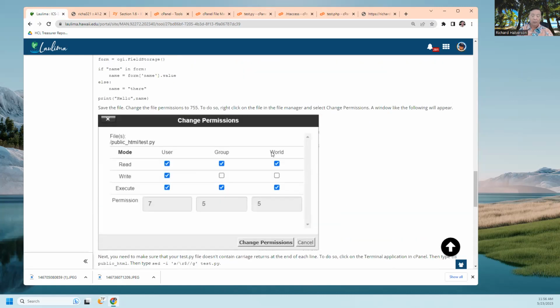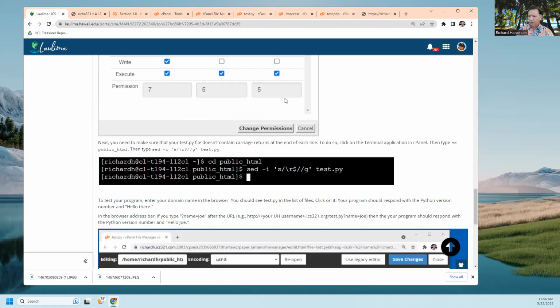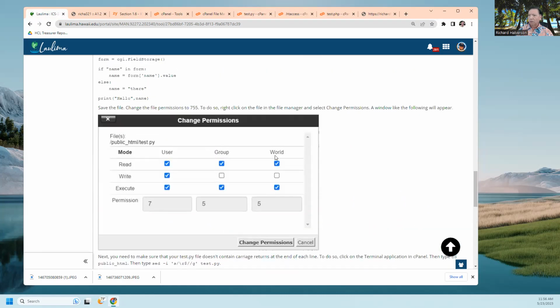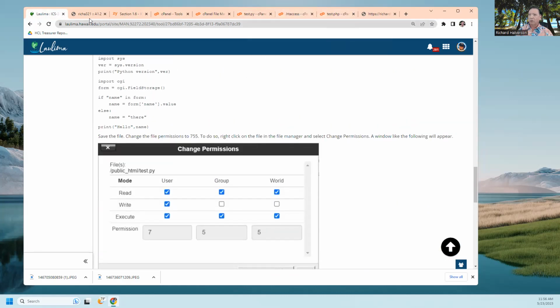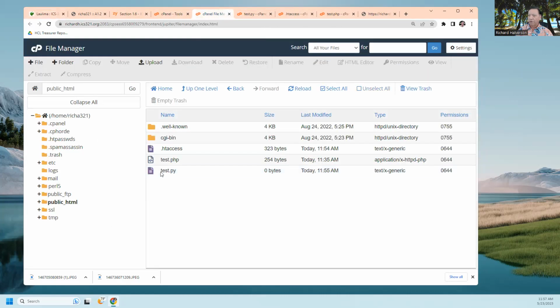Okay. First, I'll do that 755 thing. So let's go back over to cPanel, and this is the file. You notice its permissions, and we don't need to do this for PHP because I think PHP programs are like data files to the web server, but for Python programs, we're actually asking the system to execute this Python program. So I'm going to click here, click on permissions,